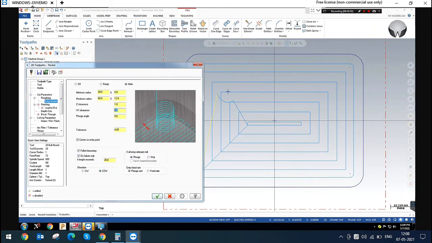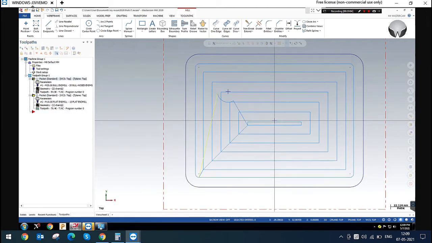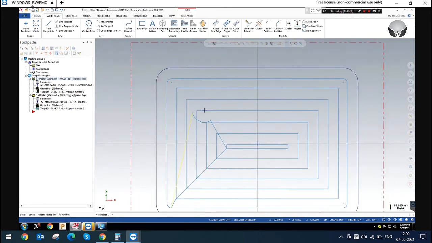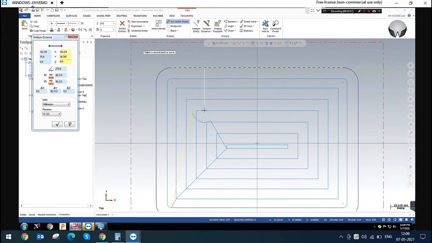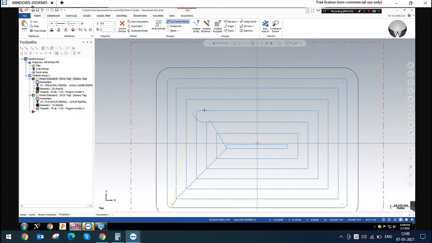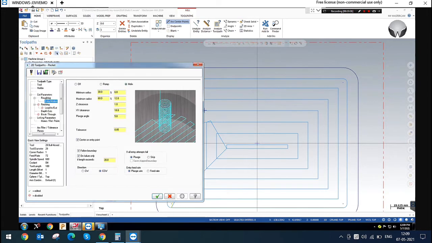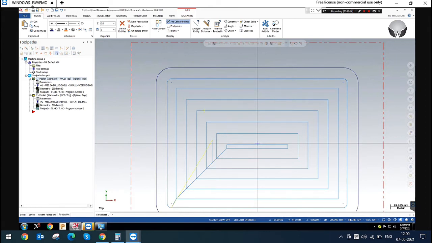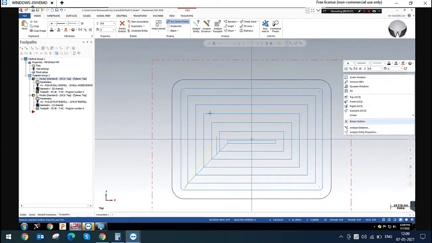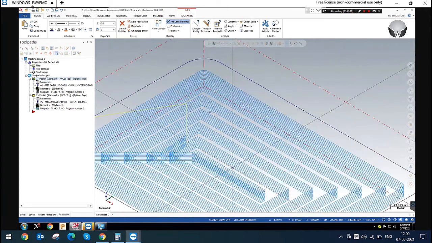If you are giving 10 mm, what should happen? XY clearance. It is also created because there is height between this area. Analyze the distance. You can see there is 36 mm length. That's why it will be created. If you give 40 mm, what will happen? 45, I'm just giving. Now you can see there is no helix because I'm giving the helix as 45 mm.